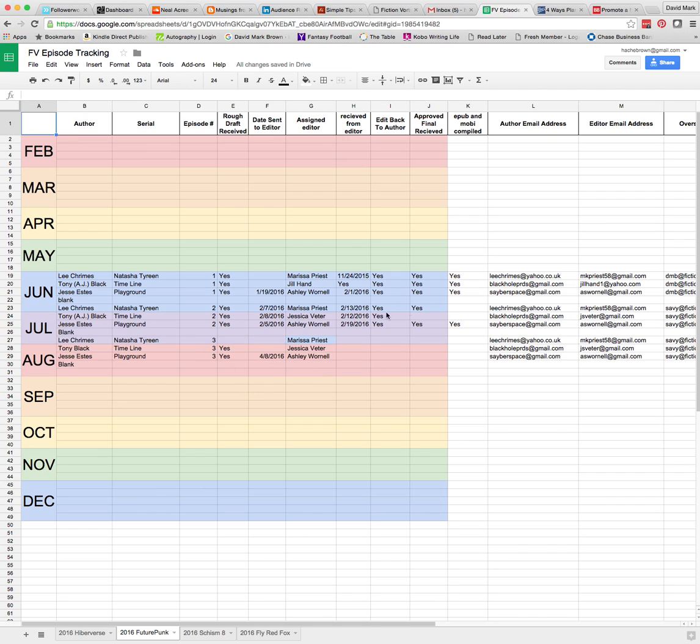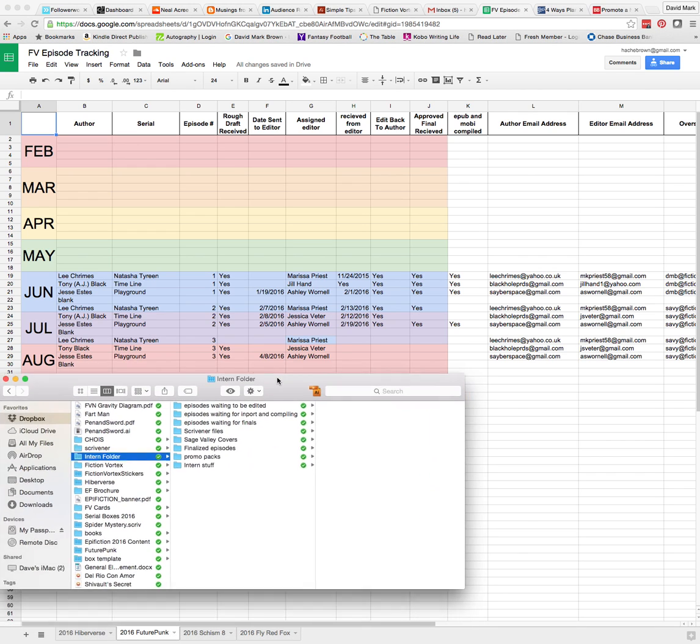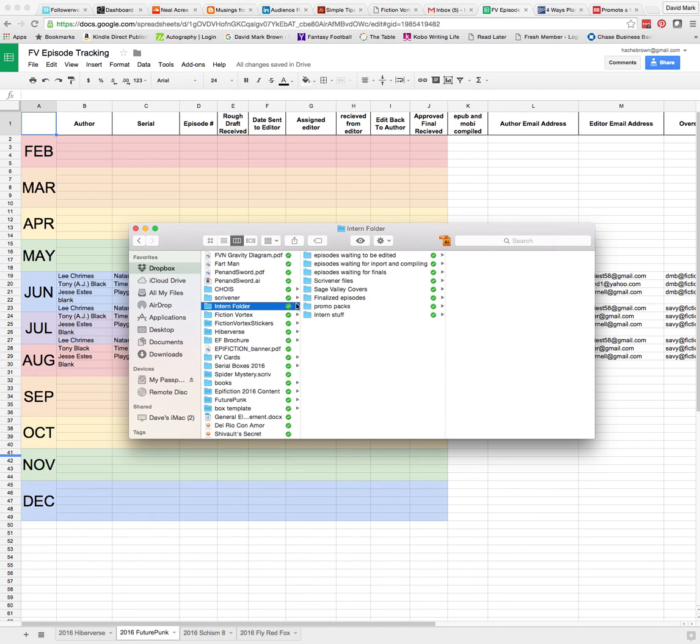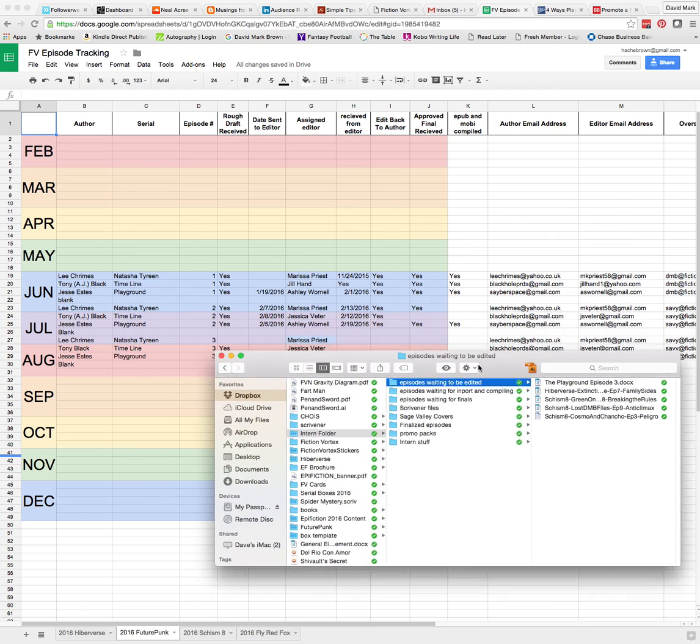But I don't know if there's going to be an easier way to be able to tell where we are in the process on each one of those episodes other than how I've got it set up, but we'll toy around with that as we go. Drag this in. Here is the Dropbox. So I'm currently on the intern folder, and within that, these are the correlating folders. We've got episodes waiting to be edited. There they are. So those should match up